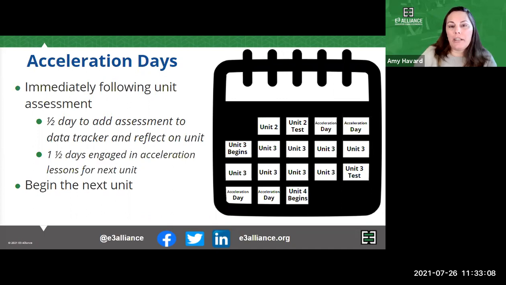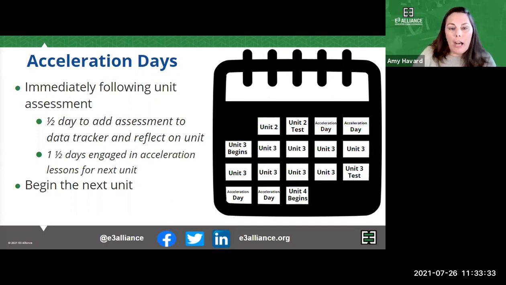But what Teri and I are saying is if you want to adjust your mindset to an accelerated learning for all mindset, that means starting to look forward and to use those days you might have set aside to make sure students are prepared, to make sure students have access to that upcoming unit by using acceleration lessons. So what does this mean?